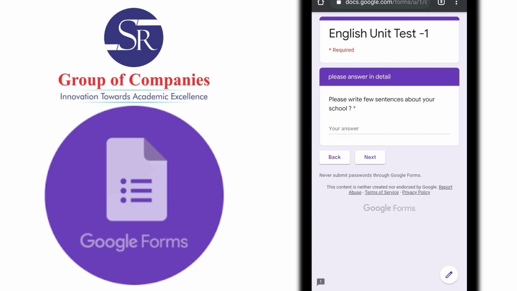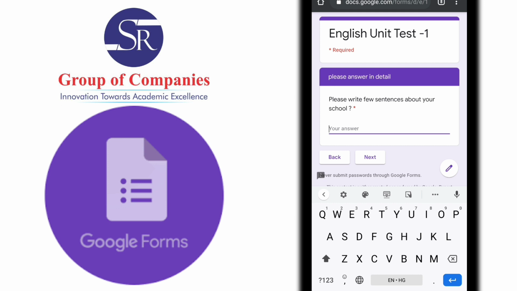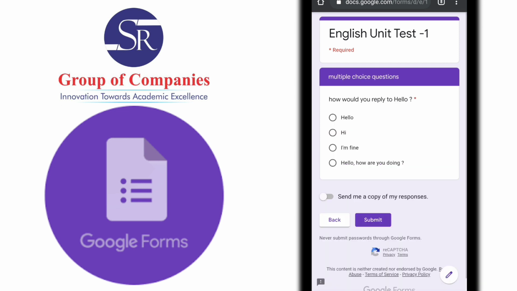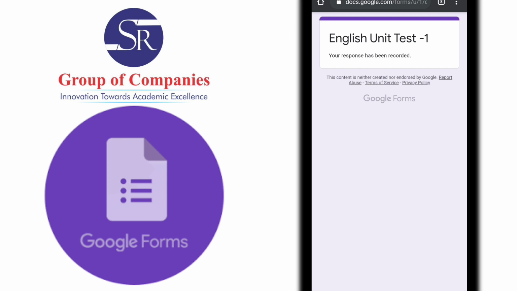button. Please answer in detail. Please write a few sentences about your school. So now I need to write something about my school. I would write I love my school and I could just press next. Now the next question comes, multiple choice questions. How would you reply to hello? So I would click this option, hello, and submit. So here English Unit Test 1, your response is being recorded, that the child has actually completed the response and